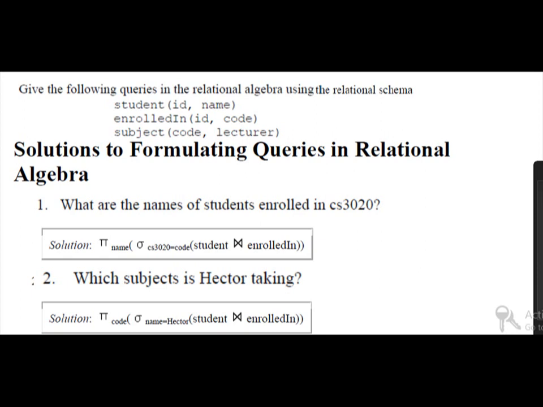Relational algebra includes 6 comparison operators. We apply some conditions in our tables, so for applying conditions we want comparison operators. The 6 comparison operators we can use are equal, not equal, less than, greater than, less than equal to and greater than equal to.